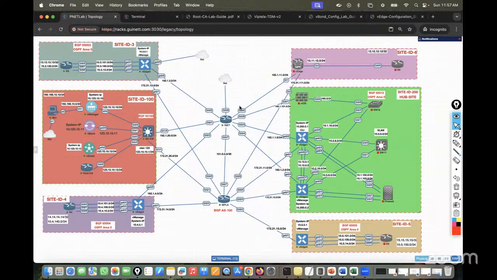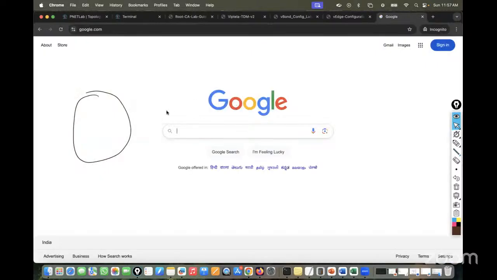Vishal, how many devices can we onboard in a single orchestrator? Is there any number? You mean how many managed devices we can onboard in a single orchestrator, single control connection? Is there any number? Yeah, we have. Let me show you. So there are 1024 devices, but it totally depends on the